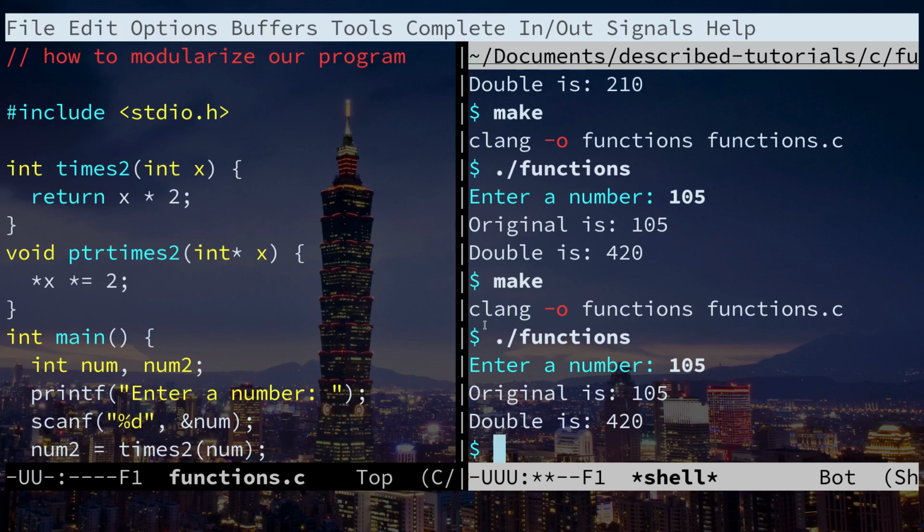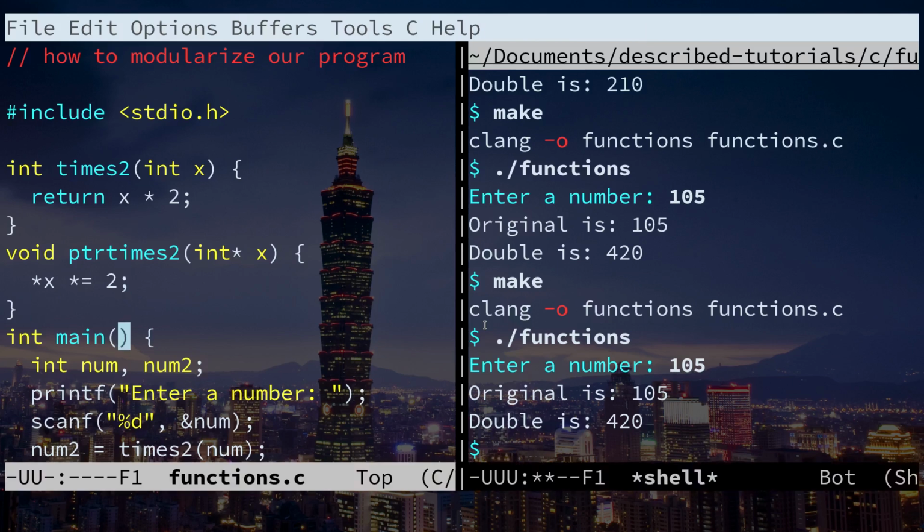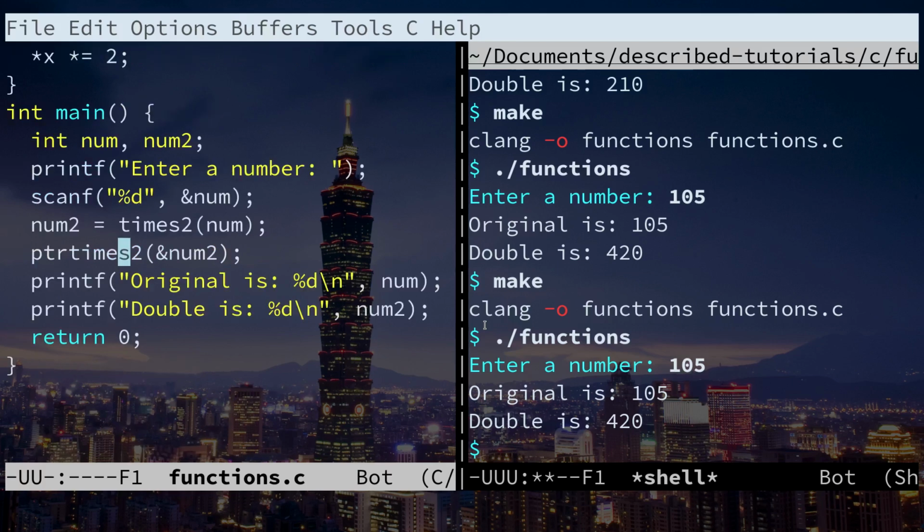The point is that we multiplied our number by 2 twice in 2 different ways. So first of all, we sent a number into a function and set that equal to a new number. So we did num2 equals times2(num); Okay, that's where we did that. We set num2 equal to function times2, and we sent it num. And then secondly, we actually passed a pointer of num2 and updated it from within inside the function: ptrtimes2(&num2);